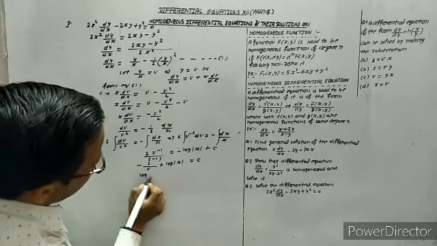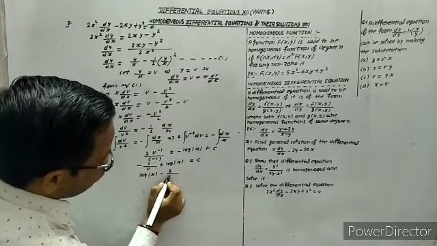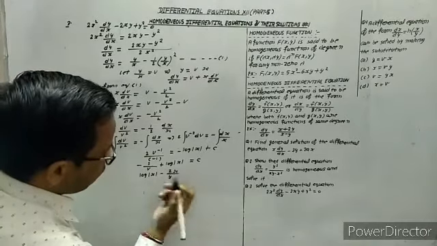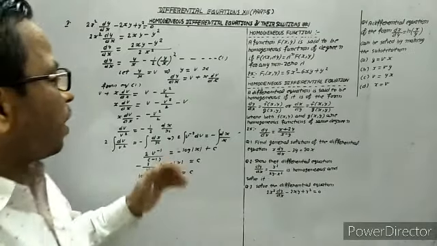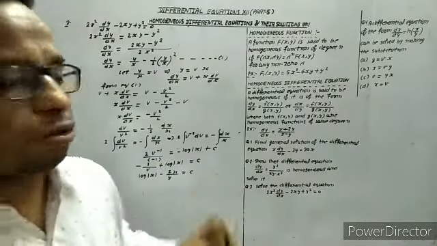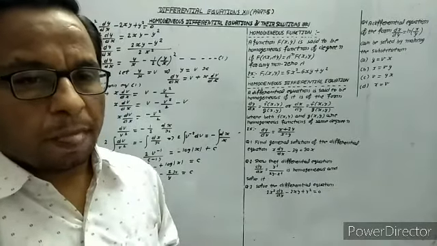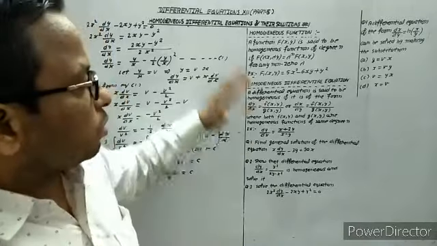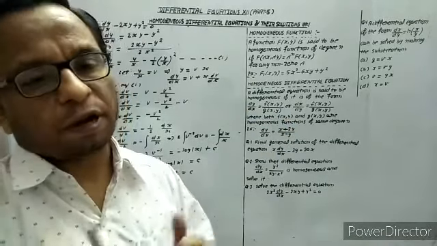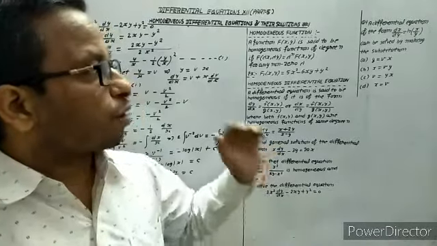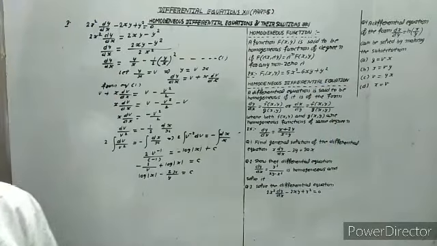It means this becomes log x minus 2, v means y upon x, so 2x upon y is equal to c, and this is the required answer for this question. On the basis of this, solve other questions. Once you do the practice, the solution of homogeneous differential equations is quite easy and important also. Don't forget to give the answer of this question in the comment box. Thanks and God bless you.